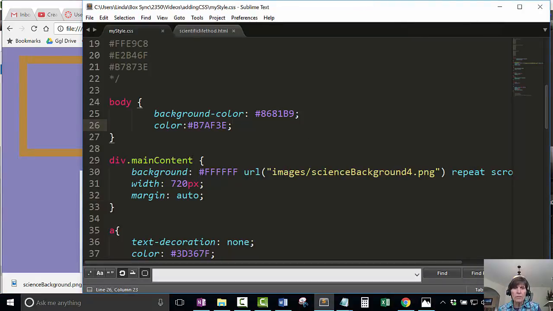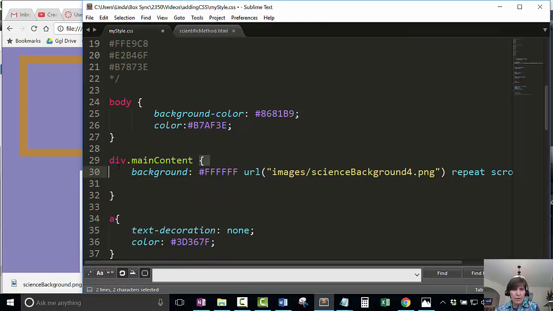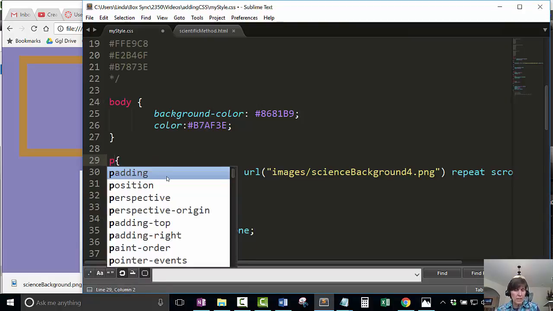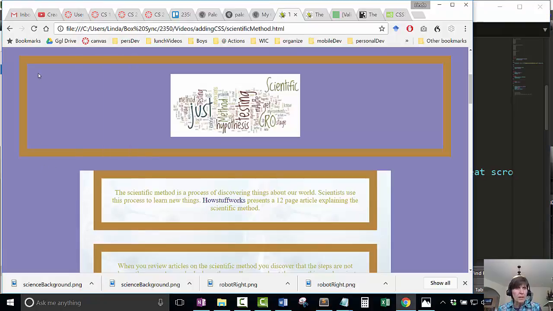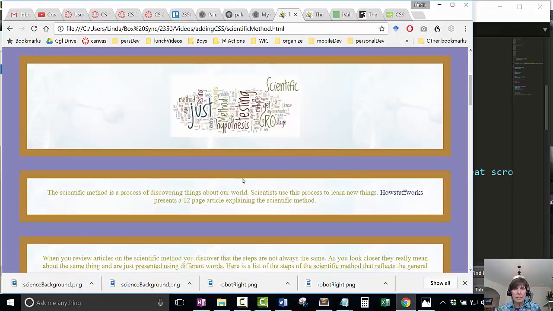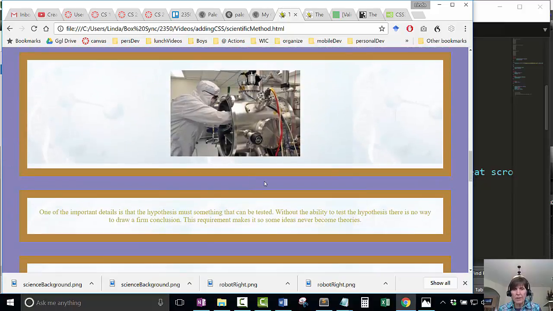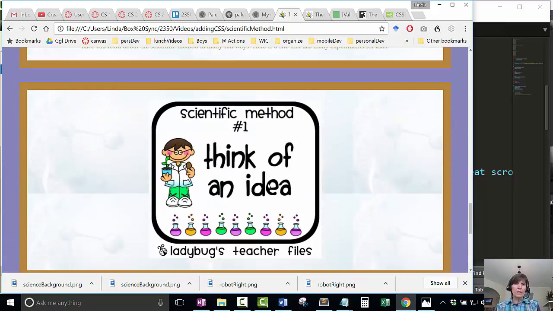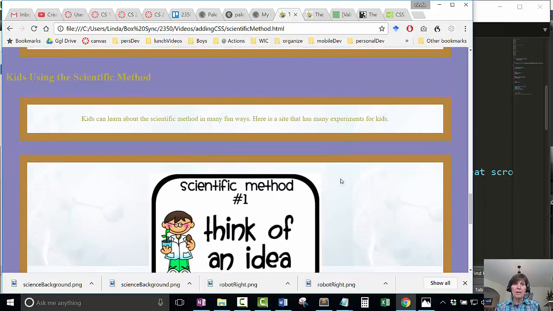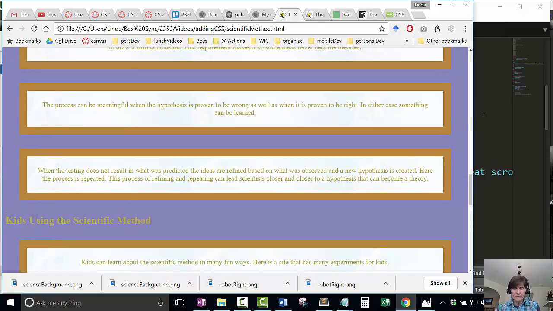So you have lots of options with this, and you can really apply it to any element you want. For example, another place I could apply that background is I could say I want all of my paragraphs to have this background. And so instead of applying it to the div or the main background, I can apply it to the paragraph. So lots of flexibility where you